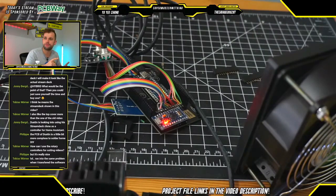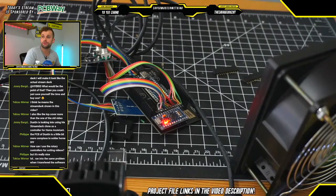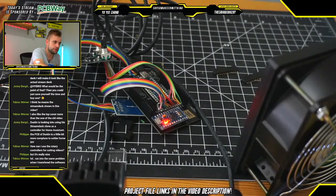Again, a thing to keep in mind is that if you want to use the USB keyboard functionality, you will need to have the USB cable connected to the Arduino Pro Micro, which acts as a keyboard. So in essence, the only component of the Stream Deck that is interfacing with the computer is the Arduino microcontroller that is acting like a keyboard. So, okay, with that done, we can now go to File,